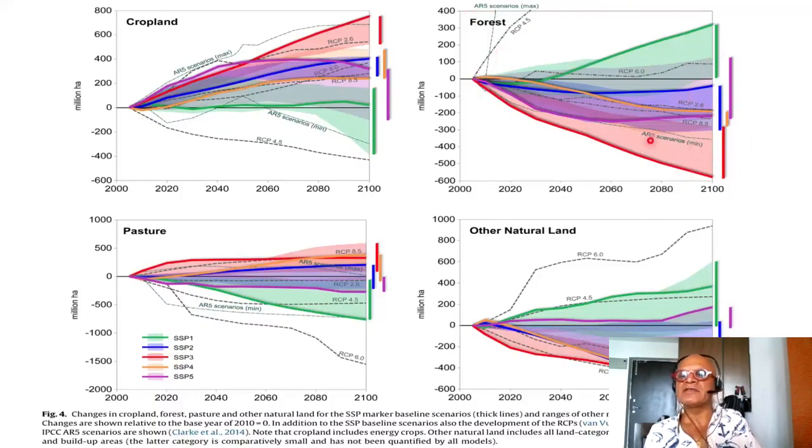Just keep in mind that as we go into the future, there are large ranges in each of these, which translates to large ranges in emissions and challenges to adaptation and mitigation, with large uncertainties. And again, along the way, as emissions increase or decrease, the climate change response also changes. So the uncertainties in climate response itself are kind of clubbed into these probabilities of future warming, etc. Other natural lands, RCP6 would take us there, 4.5 and so on. So this is useful. What are the implications?